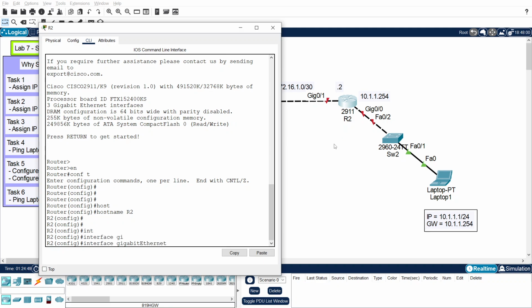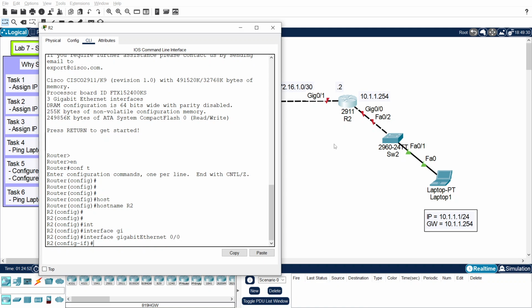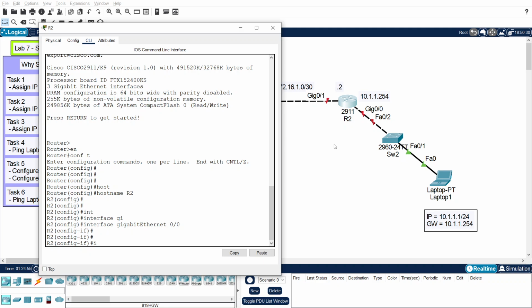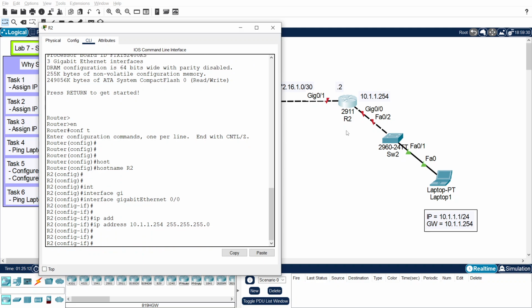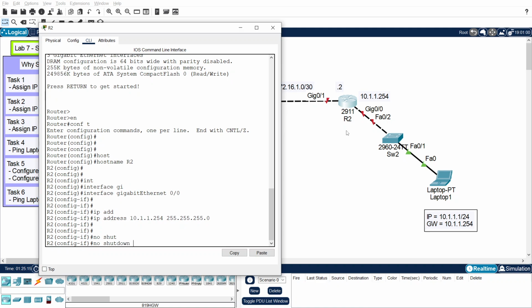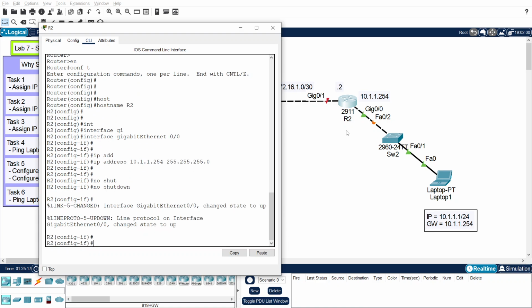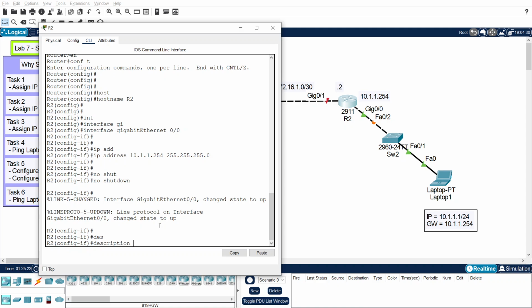That is interface gigabit 0/0, and I will assign it the IP address 10.1.1.254 written over here, and the subnet mask is 255.255.255.0, and again I will enable it. It is in shutdown mode. So as you can see, the interface has come up. I can also give it a description, switch 2,